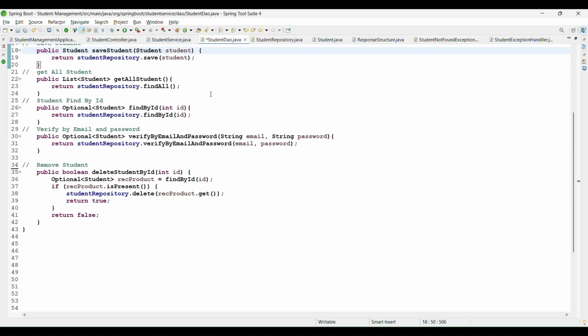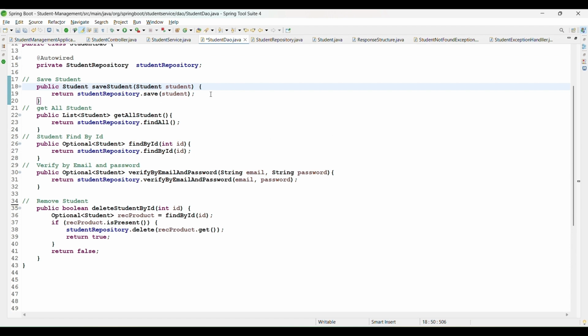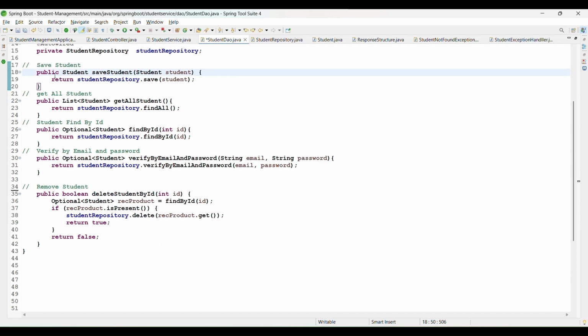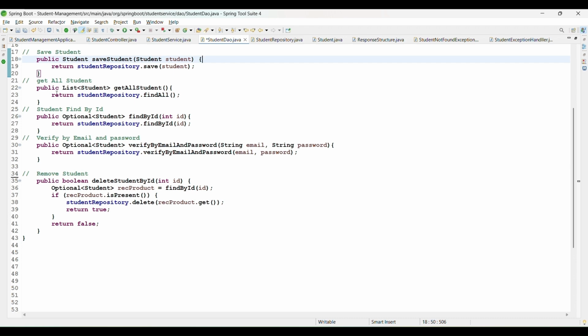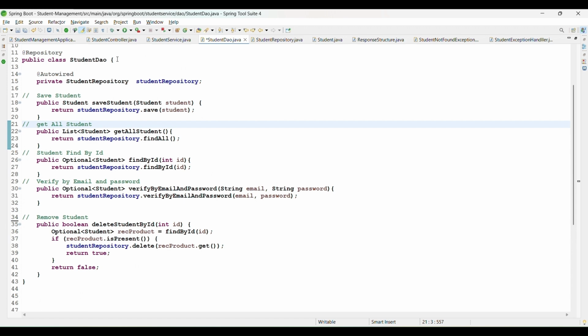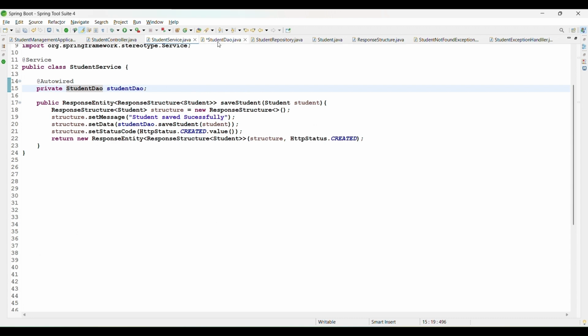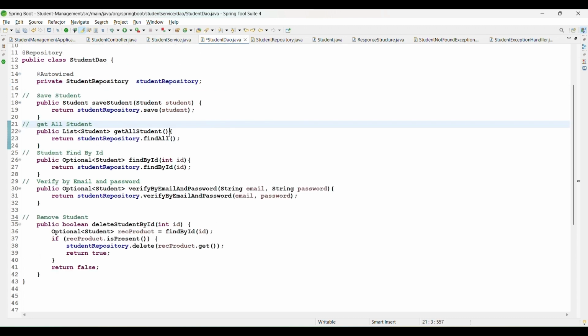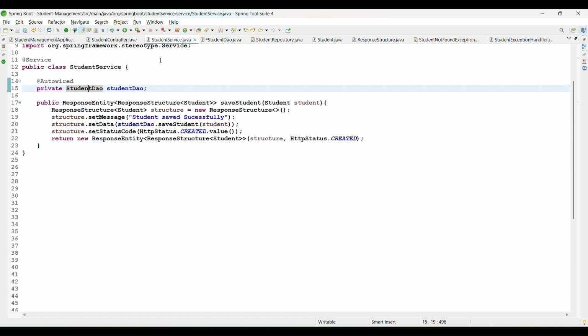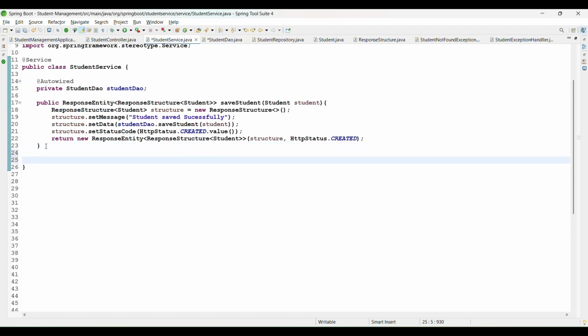Okay guys, welcome back to my channel. So the next thing to implement is get all student. So it's already done in the DAO class. And go back to the service class to write the logic for this. Going that we have to see, Control V, and